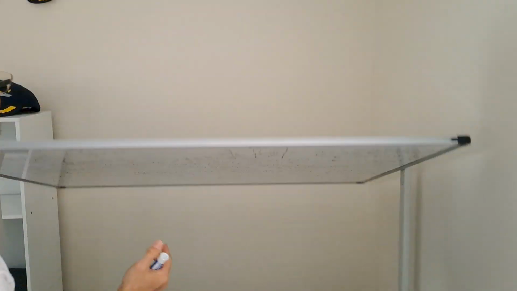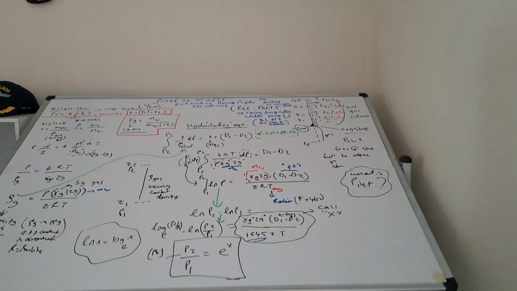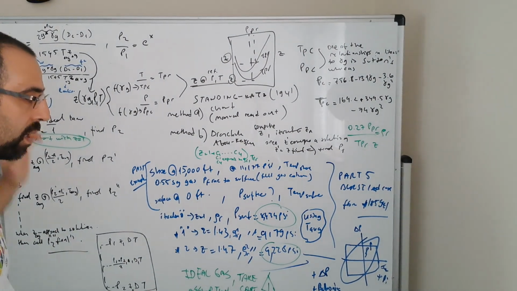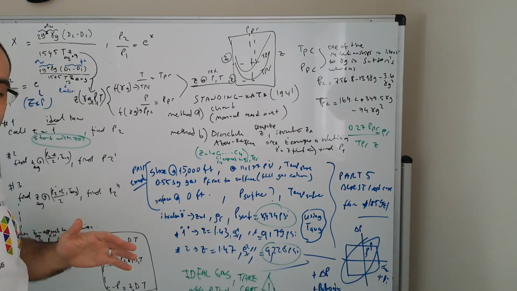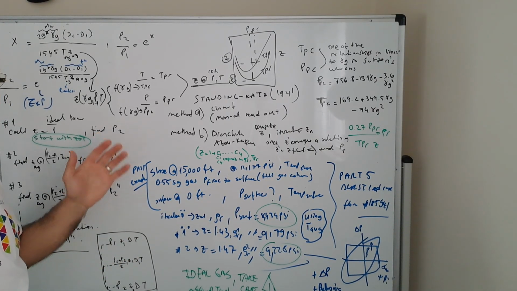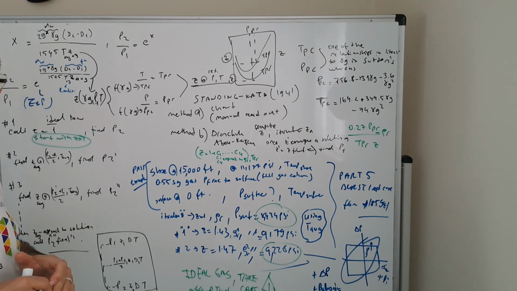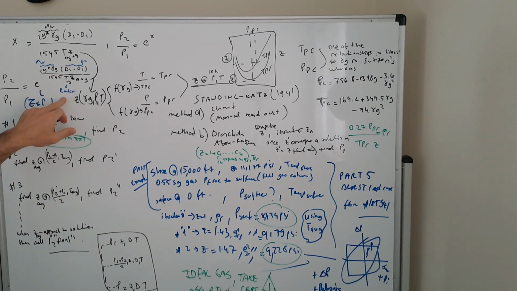On the first page, we defined it as the volume of the actual gas divided by the volume of the ideal gas, because in an ideal gas there is no attraction between the molecules, or if it heats up, the volume is not accounted for correctly. We need to find the Z